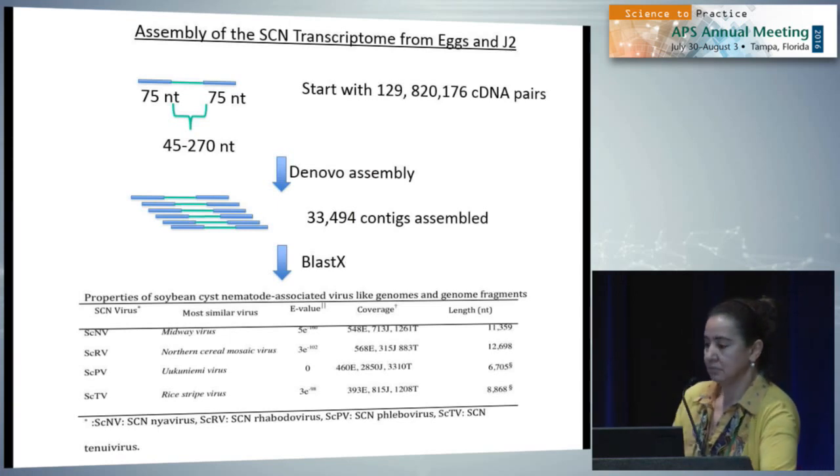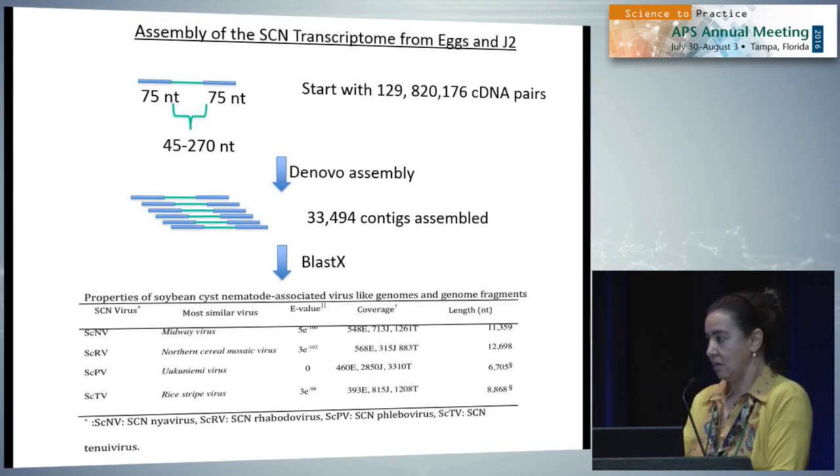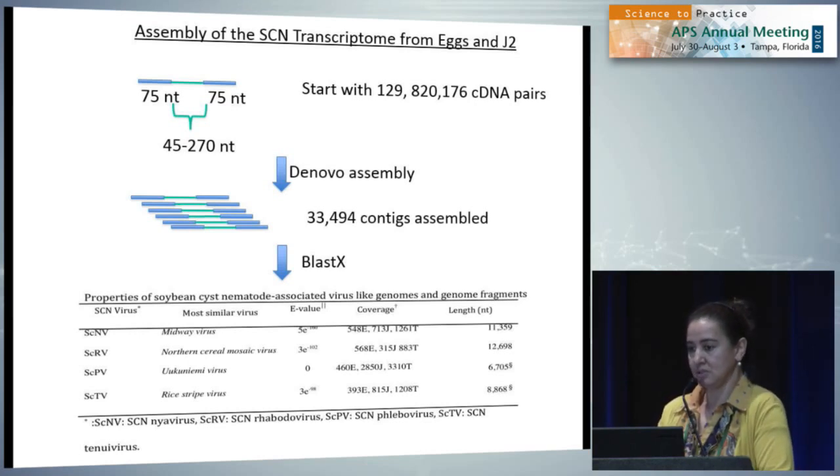So, as I mentioned, the virus discovery began through a transcriptome analysis of eggs and juveniles of SCN, soybean cyst nematode. The soybean cyst nematode is a very important pest on soybean. It's basically the most damaging pathogen of soybean, and it incurs billions of dollars of damage on soybean. So we got funding to do the transcriptome analysis on the nematode, and it just happened